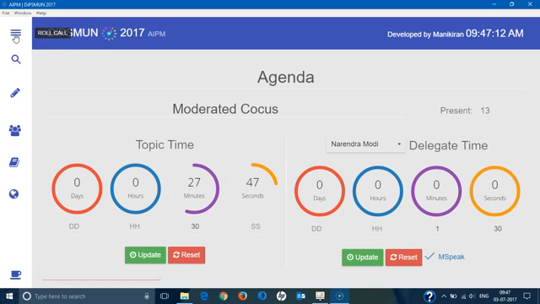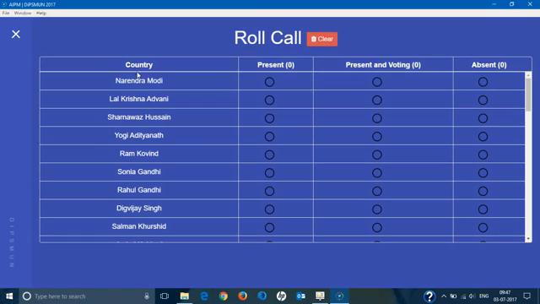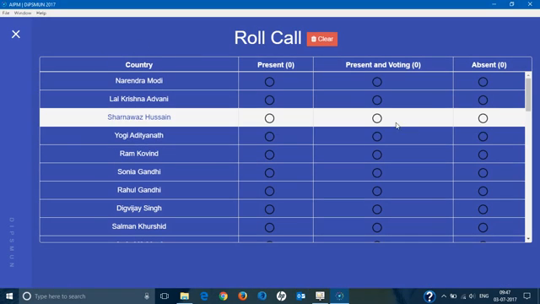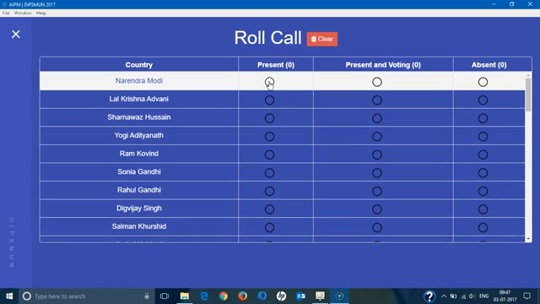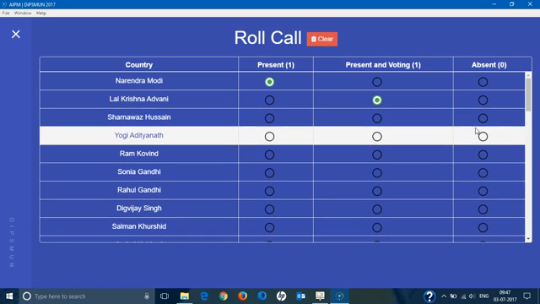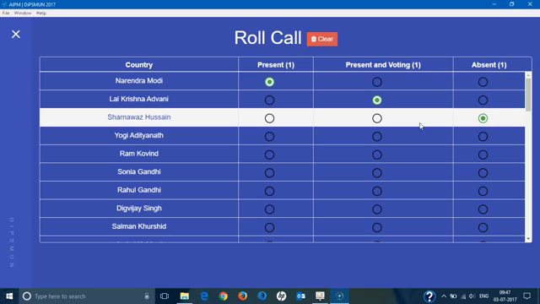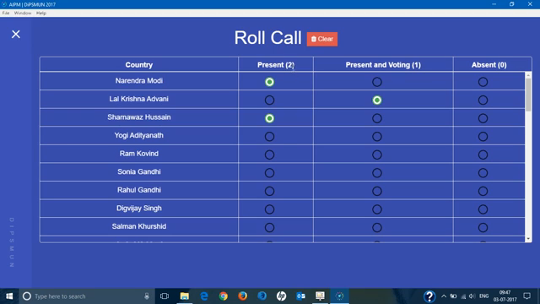And you have your roll call where your countries or your delegacy is mentioned. You just have to select present in voting or absent, and you can easily switch between these, and the count is going to be shown here, right here. Alright,